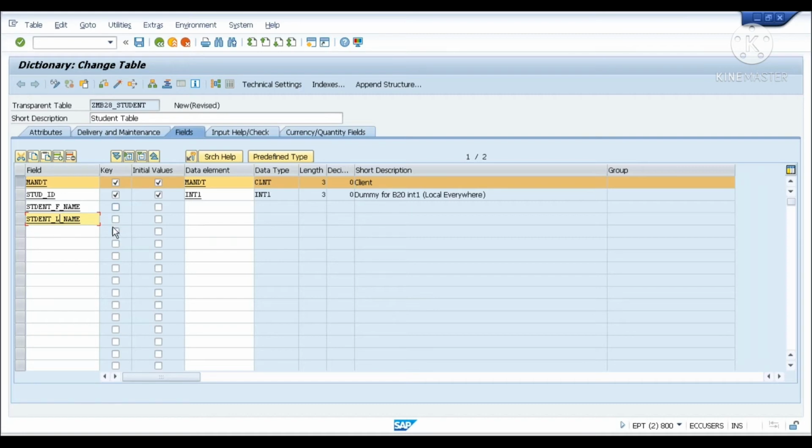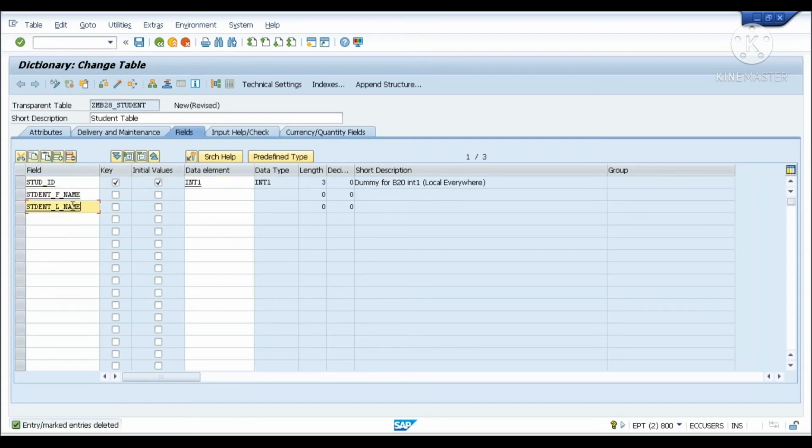This is not required to have a key field. If you want you can make it, there is no problem, but we already have one key, right? So the minimal combination of any fields which is going to create your primary key, that's sufficient. So mandt and this student id combination is sufficient to have a primary key, right? Now if you are going to get confused with this mandt, maybe you can remove this one. I will let you know about mandt later, at that time we can see.